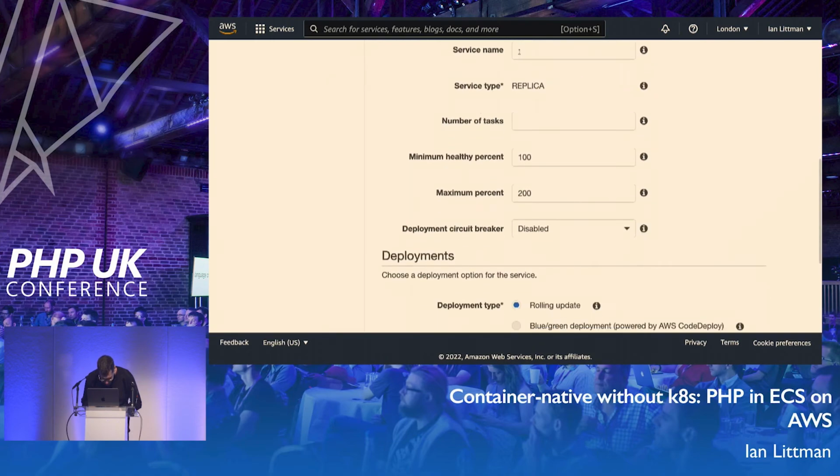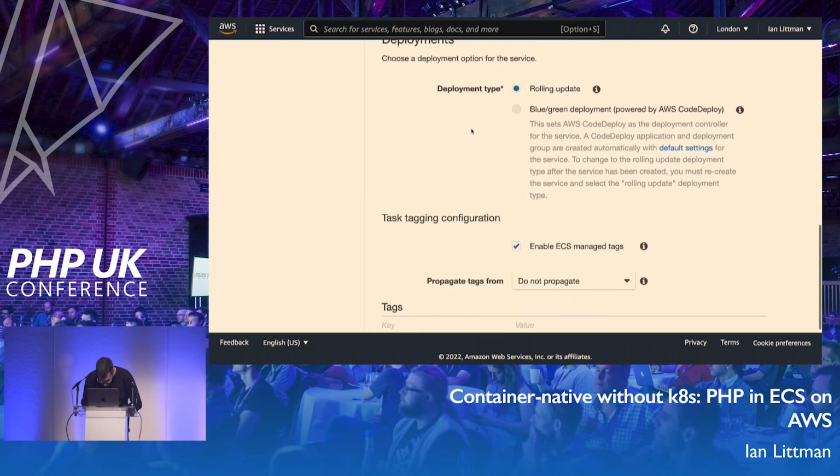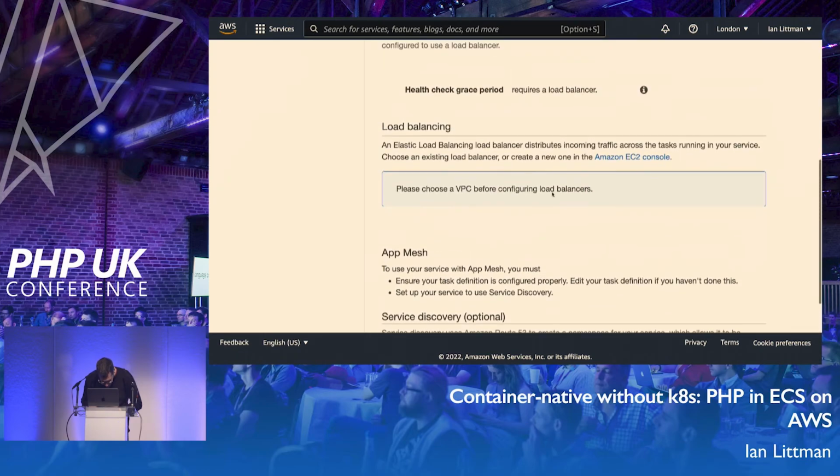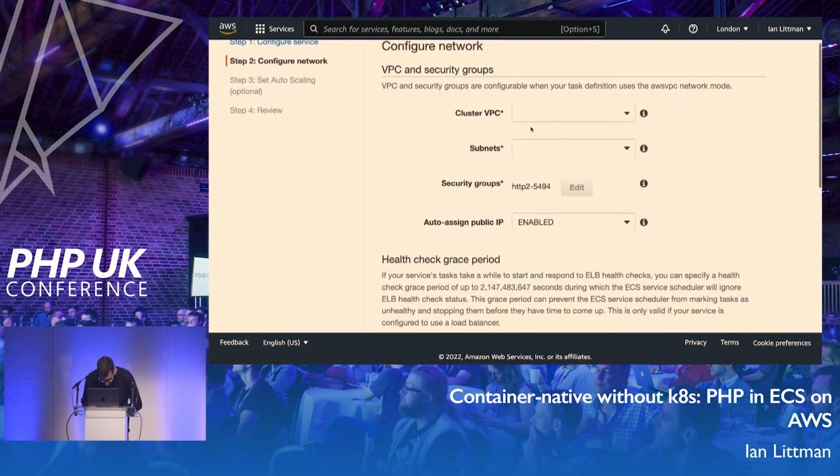So this is the, ignore me calling that HTTP2. It's not running HTTP2. So you can determine the VPC here. I do not know off the top of my head whether you can have multiple VPCs in